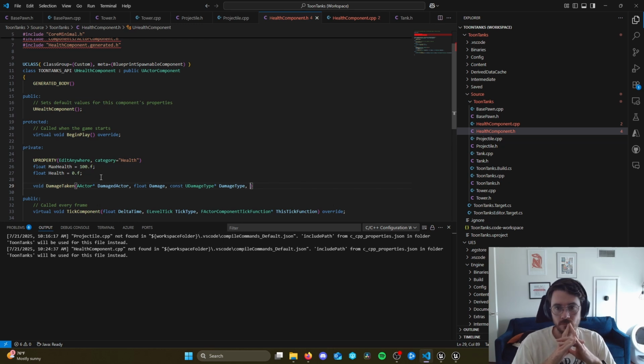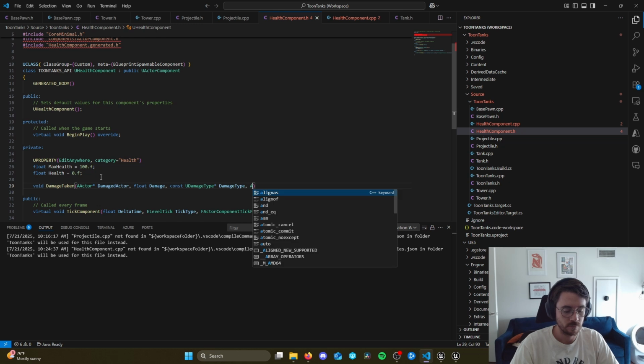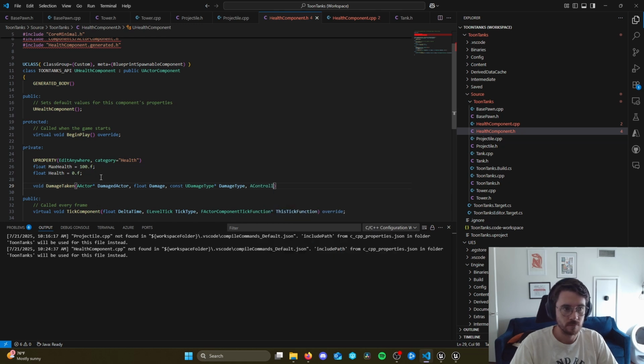Now, the next parameter is an AController pointer, and this is called instigator. In the Unreal Engine damage system, an instigator is the controller responsible for the damage. So if the damage was ultimately caused by a player controlling a pawn, then the instigator is the controller that's possessing that pawn. Now, there doesn't always need to be an instigator. If there was none, then this would simply be null. And now I'm getting the red squigglies, so I can forward declare the AController class here in the parentheses for the function. Now, the last parameter is an AActor